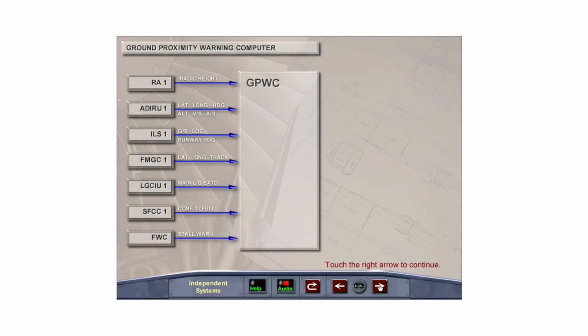The GPWS is controlled by one ground proximity warning computer, which receives data from several aircraft computers. The radio altimeter supplies radio height, while ADIRU number 1 supplies aircraft position, heading, altitude, vertical speed, and airspeed. ILS-1 provides data on glide slope and localizer deviation along with the runway heading. FMGC-1 provides aircraft position and track, so the GPWS can be programmed for airports with non-standard approaches to eliminate nuisance